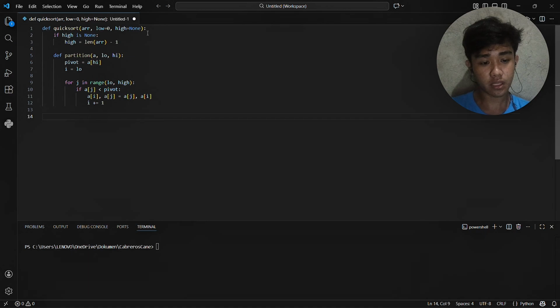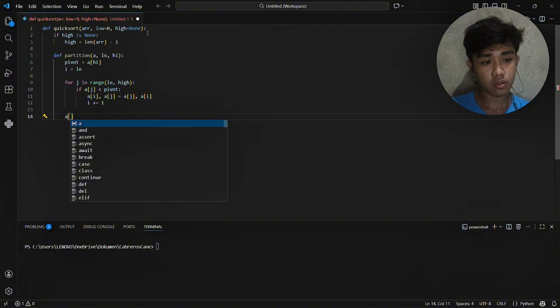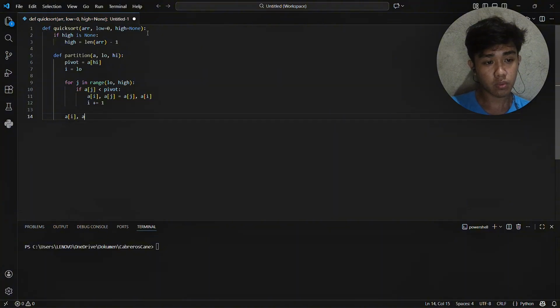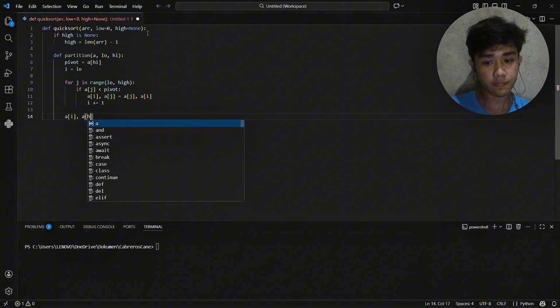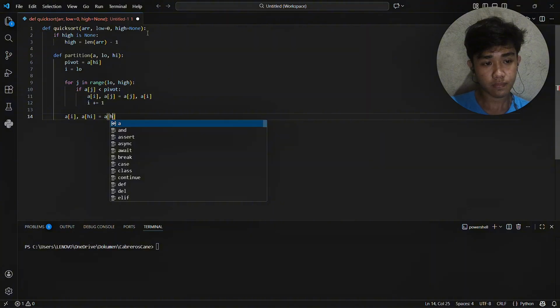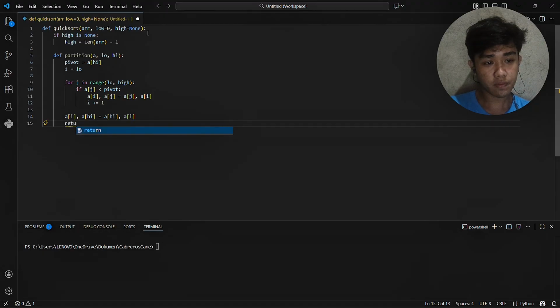Next, we put the pivot in the correct position. We swap the pivot with array I. The pivot is now in its final correct position. So we return I. This tells quicksort where the pivot ended up.